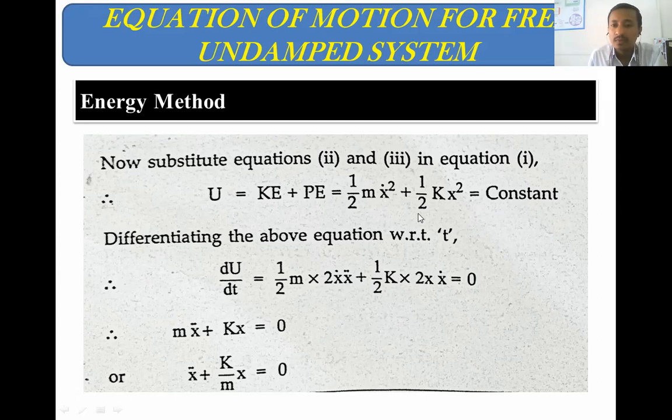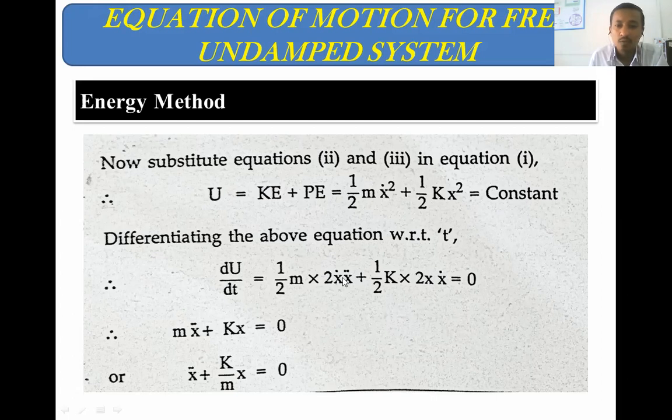तो उसके बाद इसका differentiation, so of k is constant, so x square differentiation is 2x into x dot is equal to 0. Equal to 0 क्यों लिया? Total energy is constant, so differentiation of any constant is 0. That's why this value will become 0. Because हमने क्या बोला है? Total energy will remain constant always. So whenever there is a constant, its differentiation will become 0.